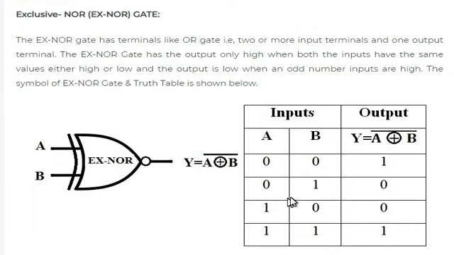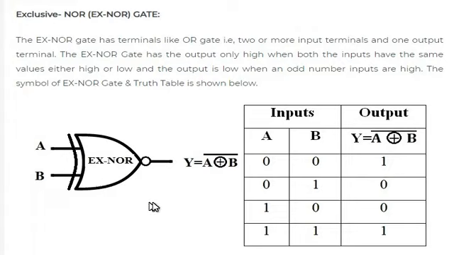Again, by changing alternate inputs, we'll get A is equal to 1, B is equal to 0. Again, the output of the XOR gate is 1, complemented we get 0. If A and B both are high, then in the XOR gate the output will be low, but there is a complement of XOR and this is XNOR, so the complement of 0 will be 1. In this way, this table summarizes the function of the XNOR gate.